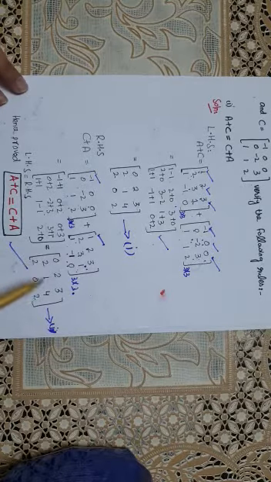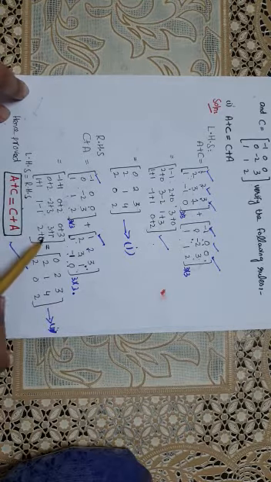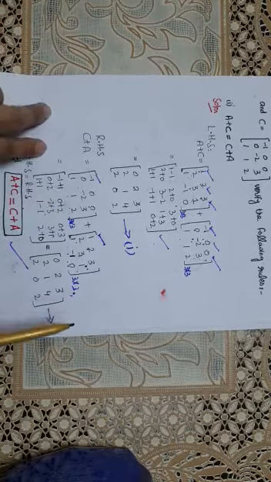Here we see that both left hand side and right hand side are equal, hence proved: A plus C is equal to C plus A. This means when we solve the commutative law under addition, the answer of the left hand side will be equal to the right hand side.